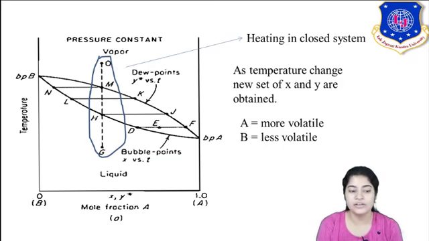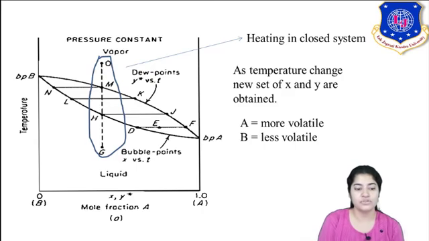And you can see in the middle is the LK line. We discussed the equilibrium conditions. As temperature is changing, a different condition of equilibrium would be there, and a new set of compositions would be there. So for the LK line, as I've increased the temperature, vapor and liquid exist together. So vapor composition might have been different and liquid composition might have been different. So what does it show?